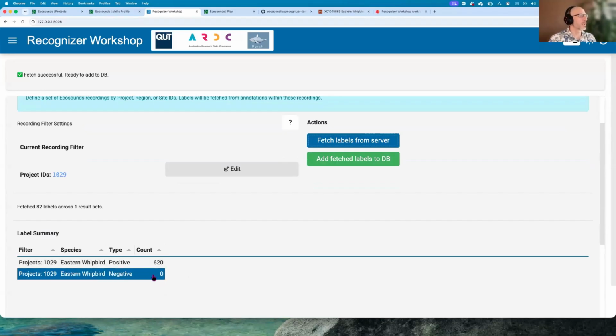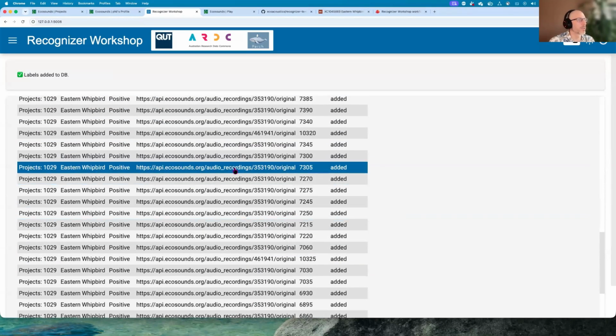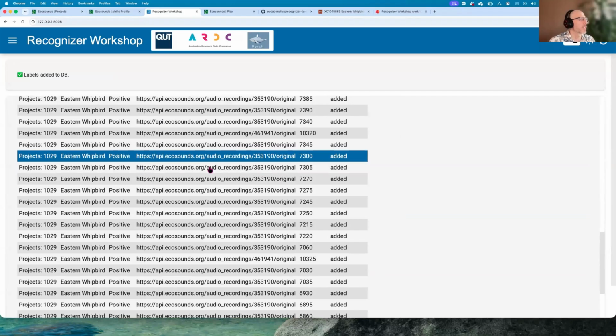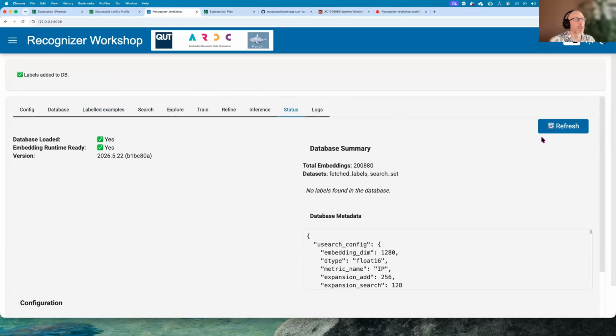It's found 0 negative examples, which means that previously in this particular project, we've imported or annotated some of the audio, but we haven't imported any false positives and then verified them as false positives, which is why nothing's come back as negative. So we're happy with that, and we'll add that to the database. And this is the summary of the results from that. These are all of the individual audio recording IDs and offsets and whether they were added or not. So now if we head back over and just refresh this, we can see we've got a bunch of labels